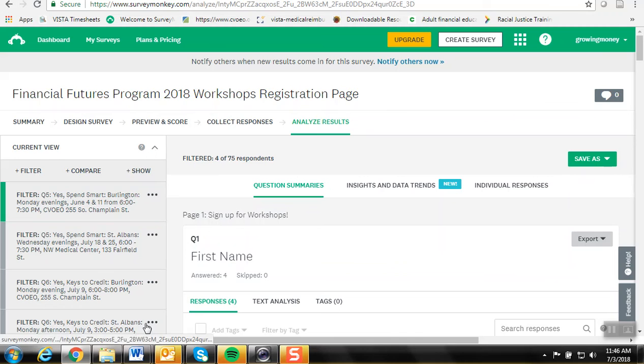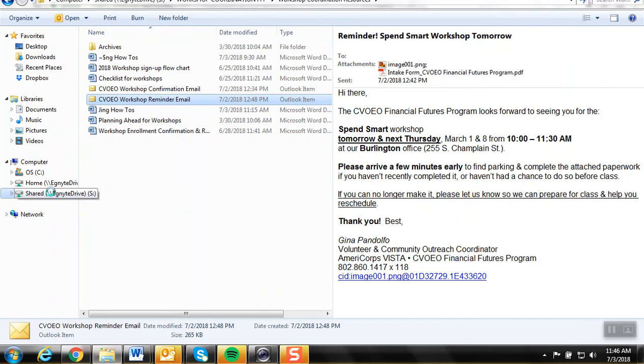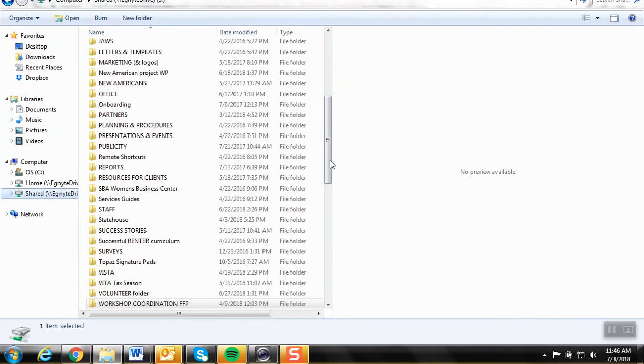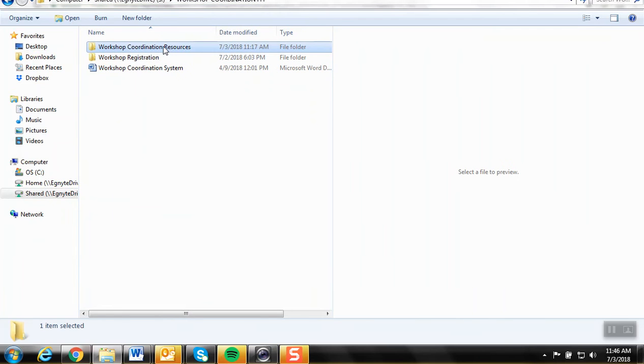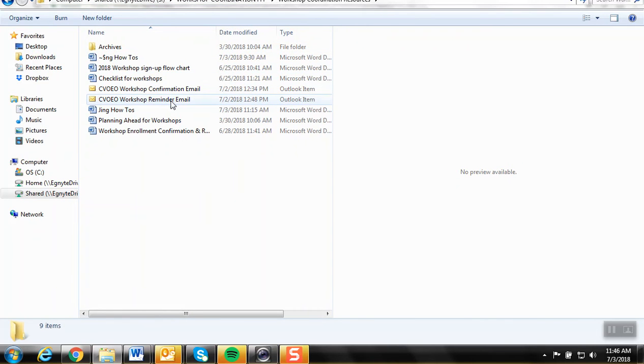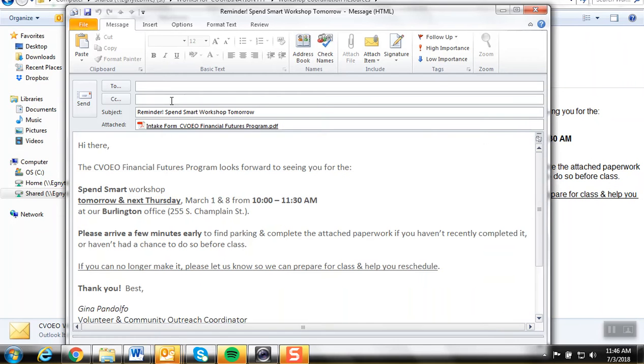So what I'll do is go to the shared drive and find the reminder email in the workshop coordination folder, workshop coordination resources, and the workshop reminder email. That will pull this up,